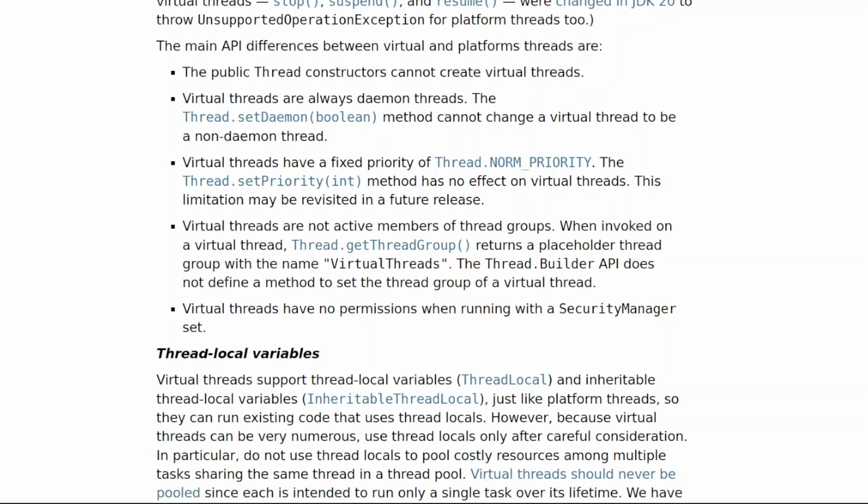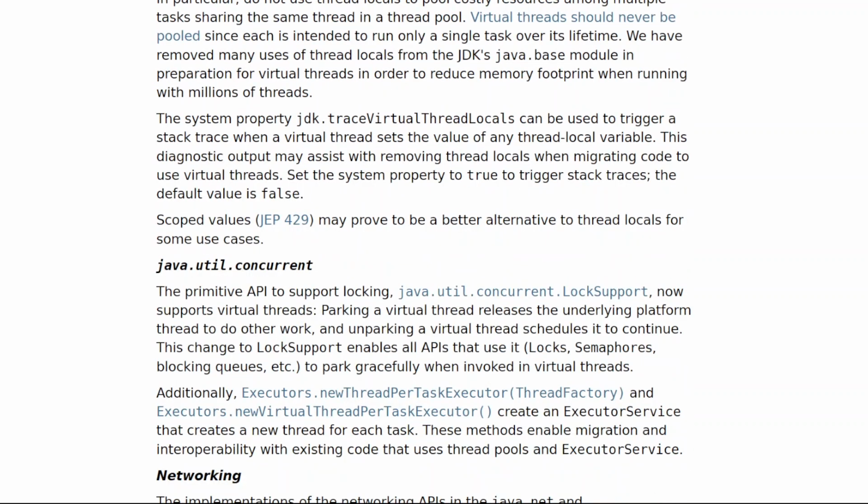In particular, do not use thread locals to pool costly resources among multiple tasks sharing the same thread in a thread pool. Virtual threads should never be pooled since each is intended to run only a single task over its lifetime. We have removed many uses of thread locals from the JDK's java.base module in preparation for virtual threads in order to reduce memory footprint when running with millions of threads.